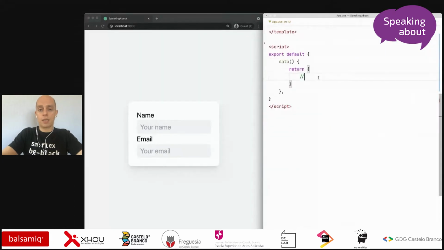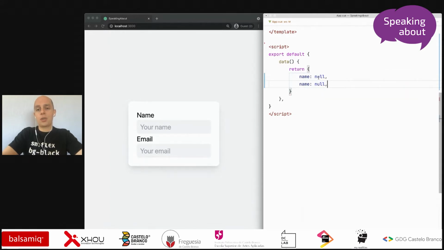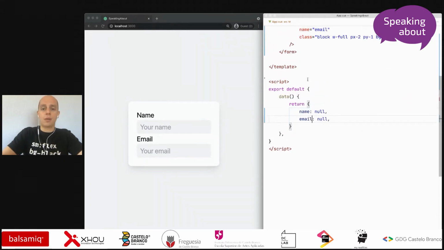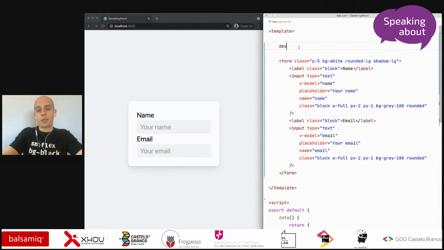So in here, in my main app, I'm using the Vue 2 approach. So that's why I have here a data function that is returning an object. So in here, I have my v-model name, my v-model email,